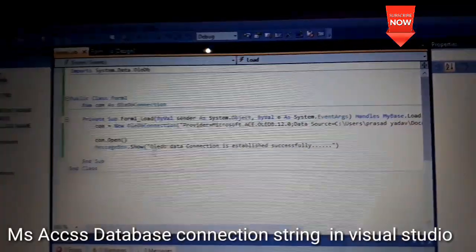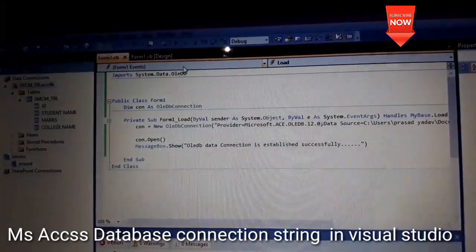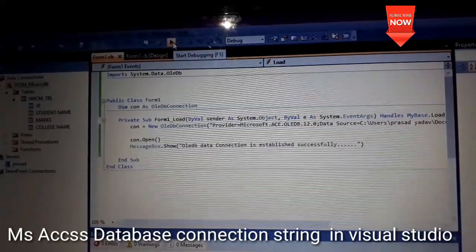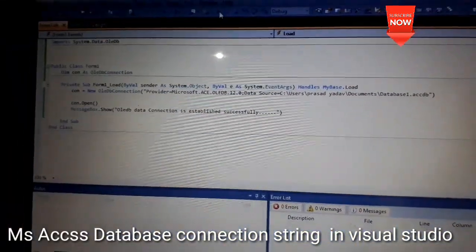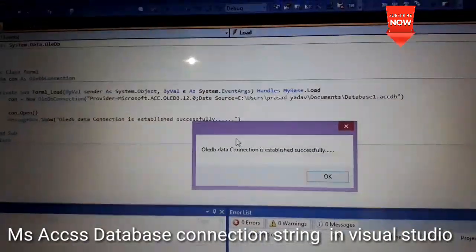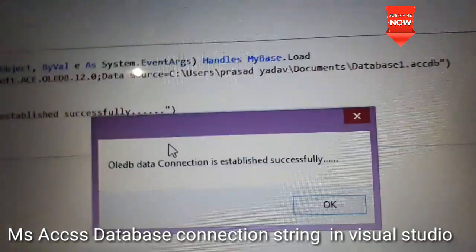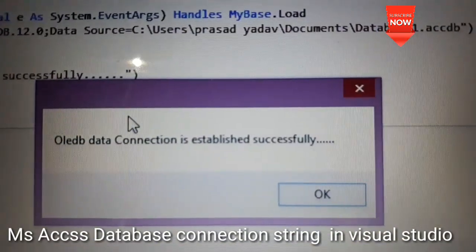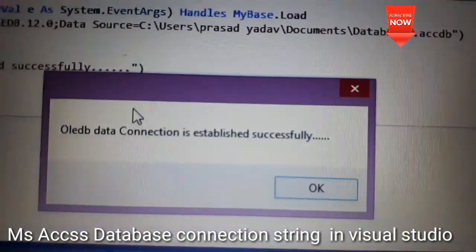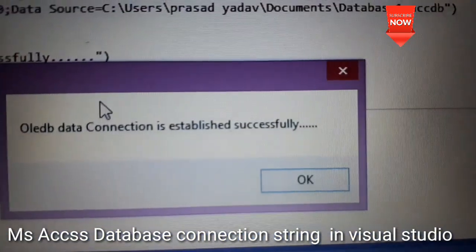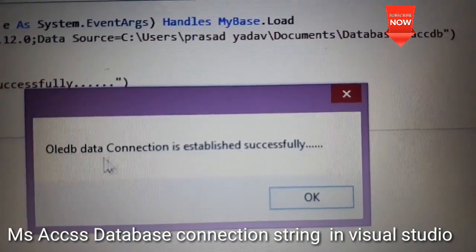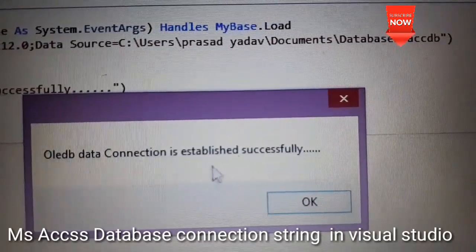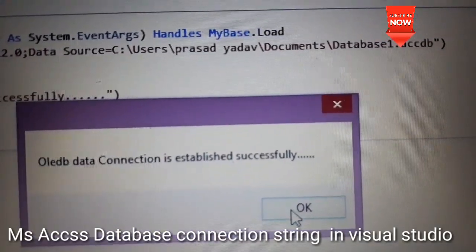This is okay. Let's see the output of this practical. Yes, this is the output. That means our created database is connected to Visual Studio successfully. This message box is open: OLEDB data connection is established successfully.